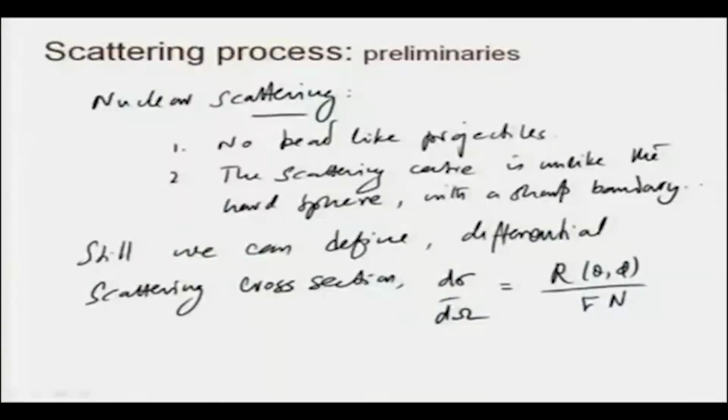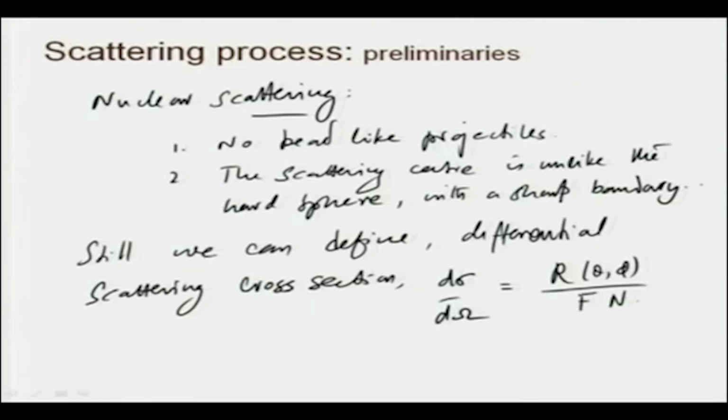The number of particles scattered at a particular angle will depend on the number density of the target particles also. So, we have to consider that as well, along with the flux of the beam, we will have to consider the